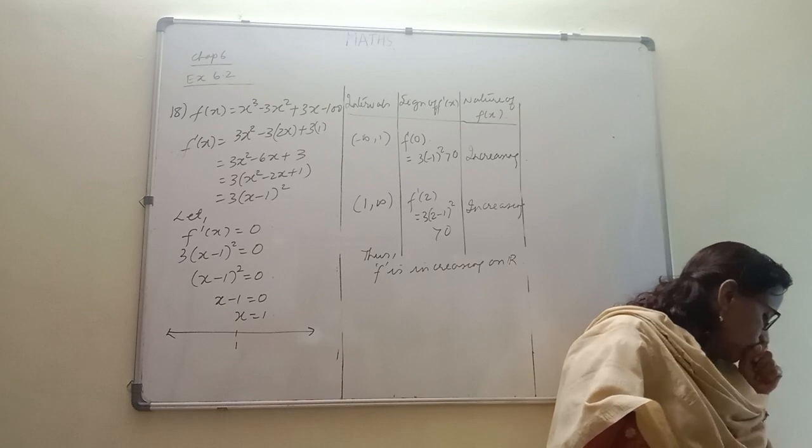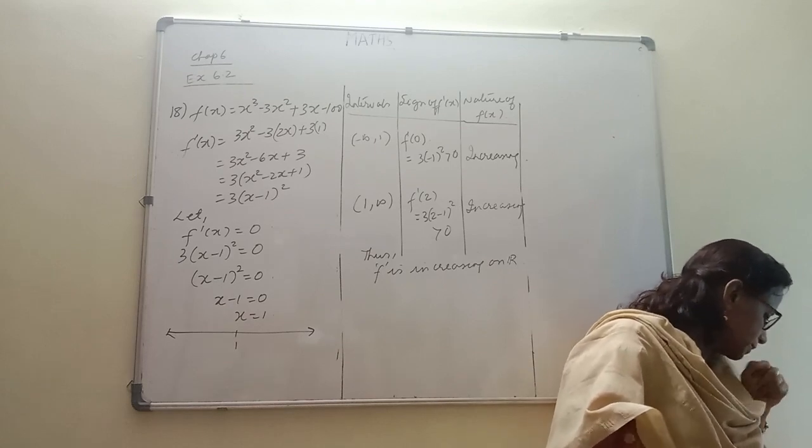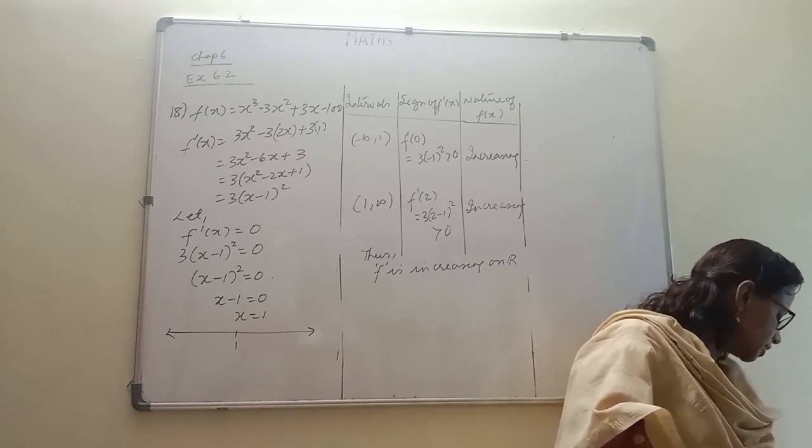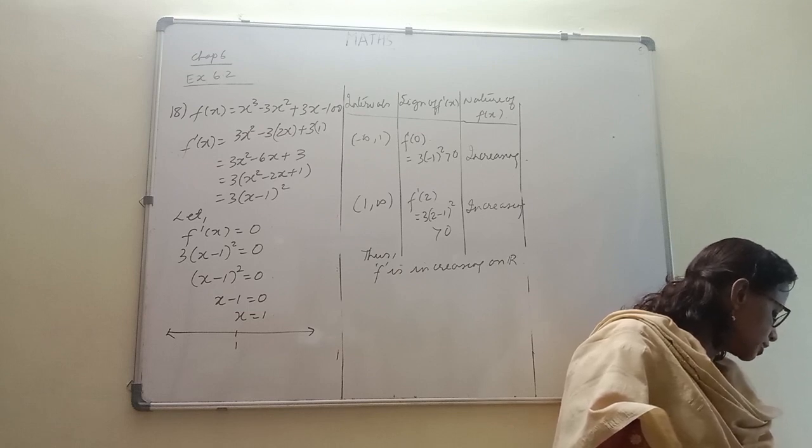Now we go to the 19th one. The interval in which y equal to x squared into e raised to minus x is